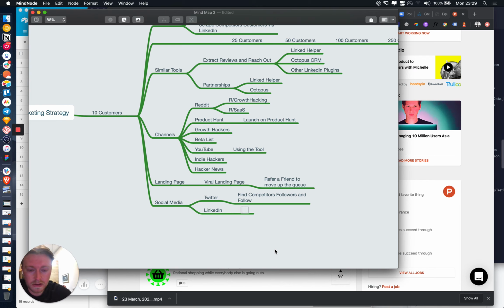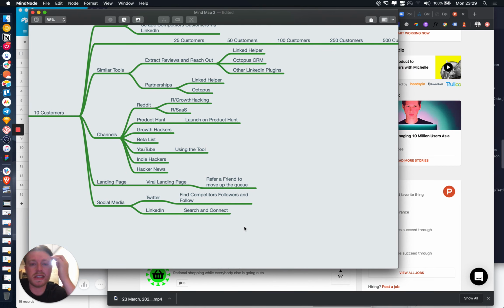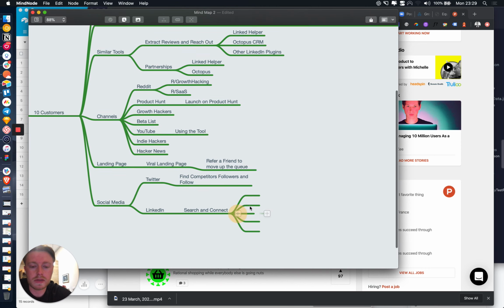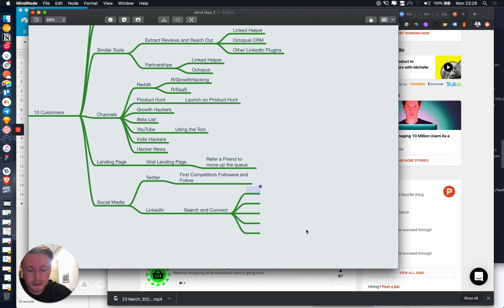So I think targeting, we'll do a search and connect campaign. I have like 70 LinkedIn accounts at my disposal, accounts that I own of real people who've just let me use them. So that's really easy. Search and connect. So I'm just going to come up with a few search terms. Growth hacker is always a good one. It's usually people who are just interested in innovative marketing solutions.